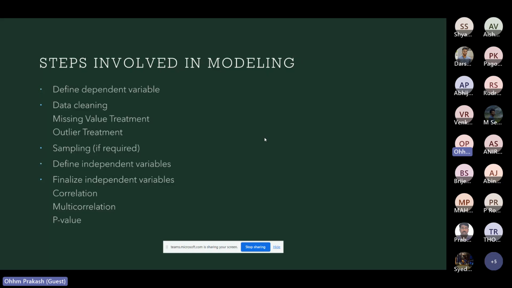Now, once the dependent variable is set, coming to independent variables. We need to do data cleaning. There is a possibility that there are some values missing in some rows, or in some columns, or in several columns. So we need to fix those. When we feed the variables into the model, we should not have any missing values. So let us suppose we have